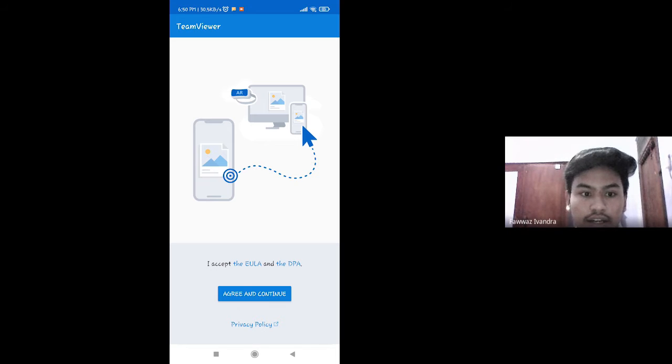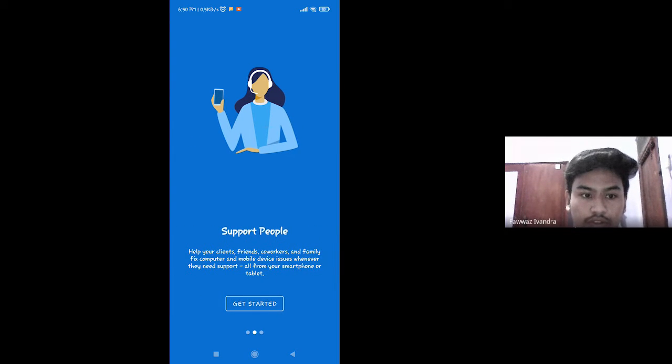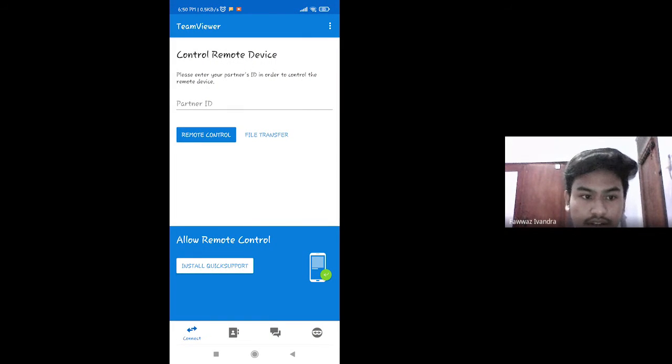You can read it first and then press agree and continue if you agree. Then a display will appear showing the three features available in TeamViewer, namely remote control, support people, and transfer files. Finally, you can directly press get started. And it's done. Now you can use it.